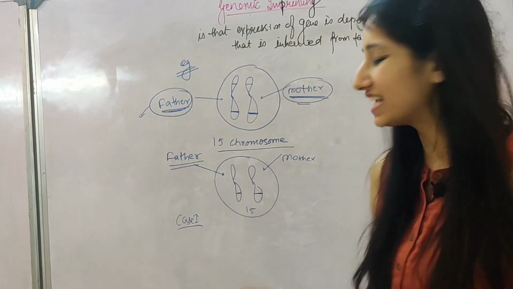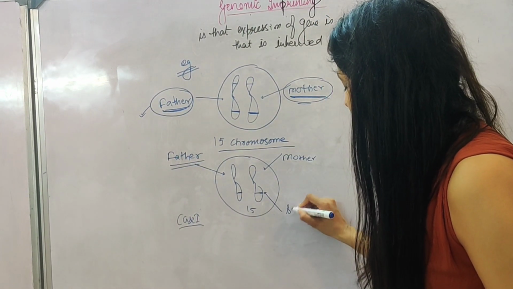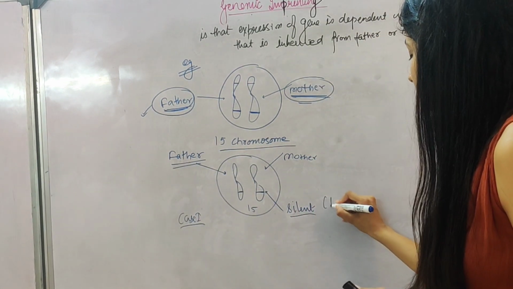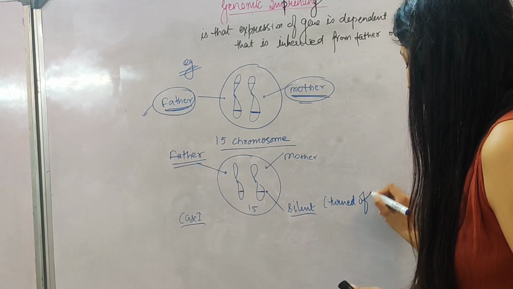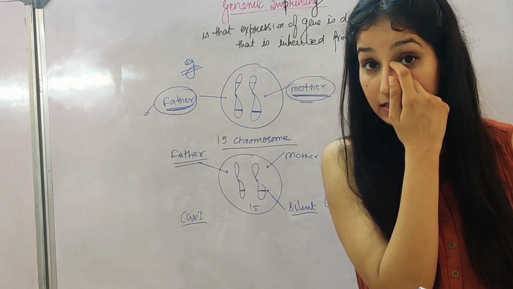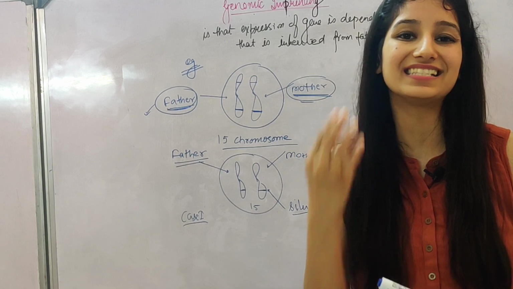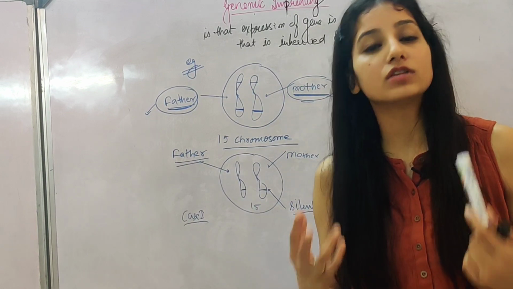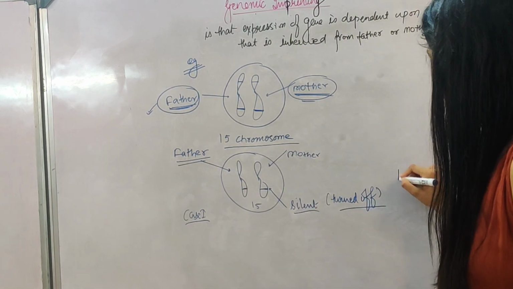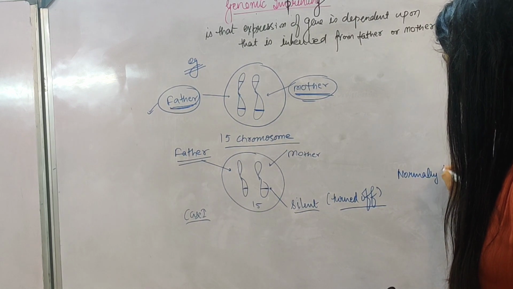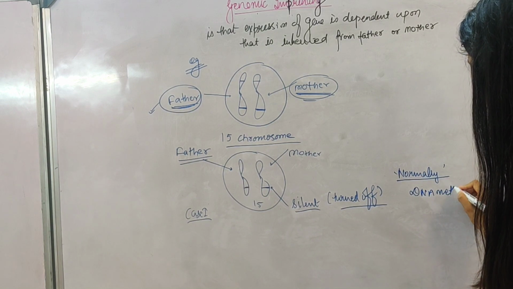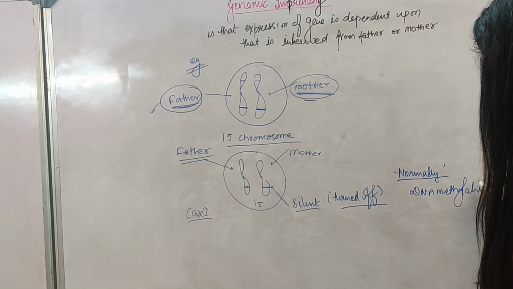In case 1, this specific gene is silent in the mother. What is silent? It means this gene is turned off. This gene has been inherited from the mother. Why is it done so? It is a totally normal process that of the two genes, one gene is silent in the offspring. Because we don't need two copies of the gene, we just need one. So normally, of the two genes, one will be silent. How is it done? One process is DNA methylation. Through DNA methylation, one of the genes will be silent.